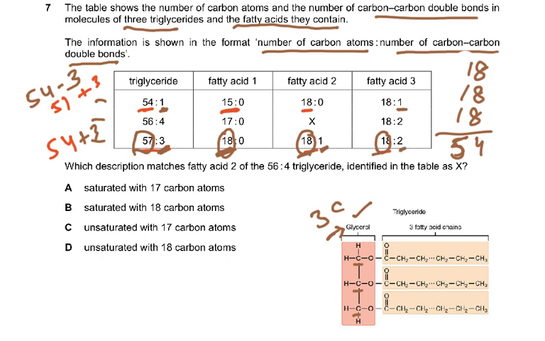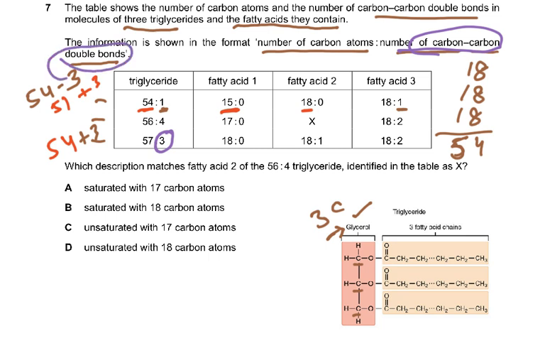So the 3. Now let me give it another color so that everybody is very clear on what I am talking about. Let me just color these for you, as I know some of the students will find it difficult to comprehend it. So this is 3, that means 3 double bonds, 3 number of carbon-carbon double bonds. So this is a double bond 1 and this is 2, so these are 3. Now they've said which description matches fatty acid 2 of the 56,4. So we are now talking about, let me give it another color. We're talking about this one,